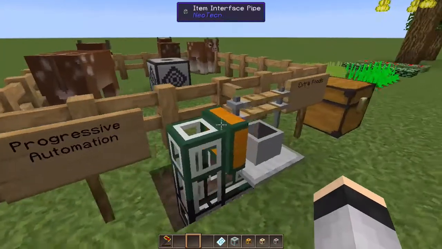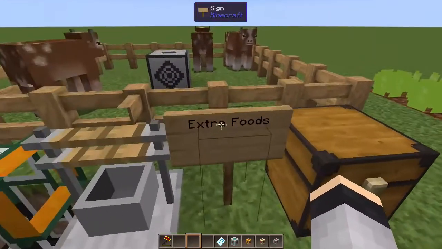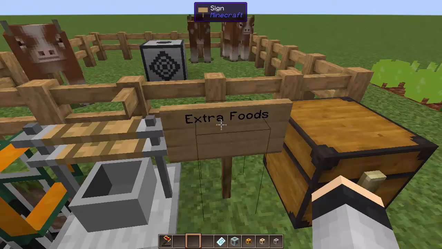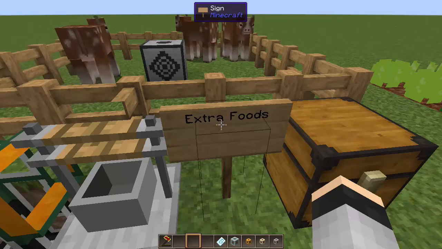Why I've got progressive automation here is because I want to talk about extra foods. I don't know if you remember last weekly episode, I mentioned that Pam's Harvest Craft is not yet out there for 1.8.9. And I